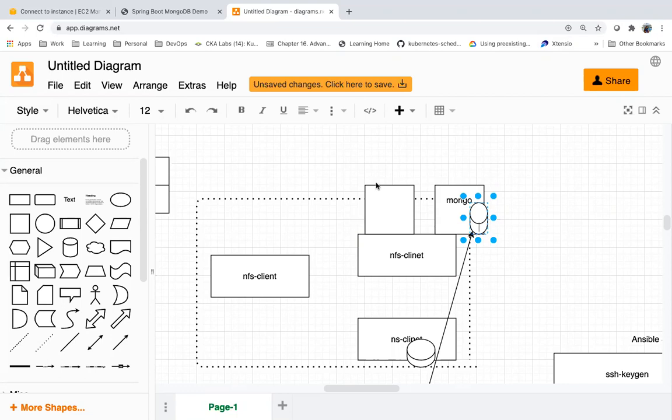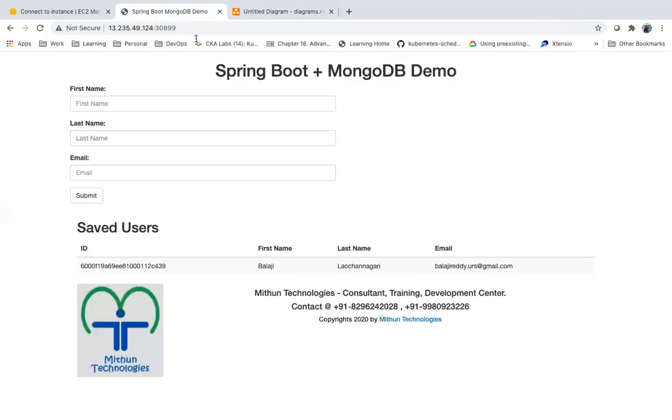How do we do it in real time? I mean, do we need to set up NFS or will it be there already, right? If it is there, you can use it. If it is not there, you can set it up, if you are using on-premise. Now, suppose you are going for a cloud. If you are going for a cloud, you can go for EBS storage instead of NFS storage. So cloud managed storage, if you have a managed cluster. So based on the requirement, you can set up your NFS if you don't have one already. If you have one already, you can just use it.